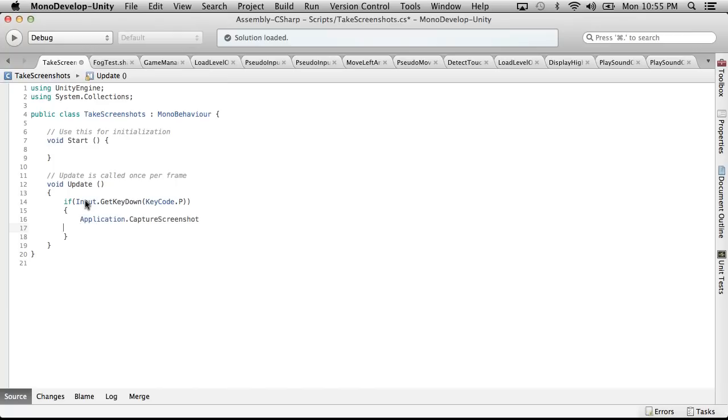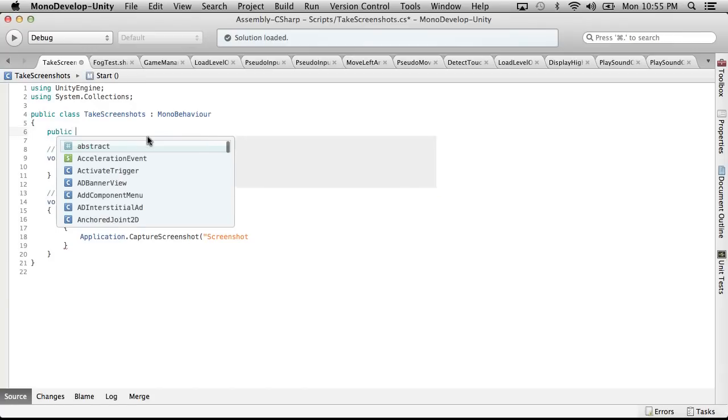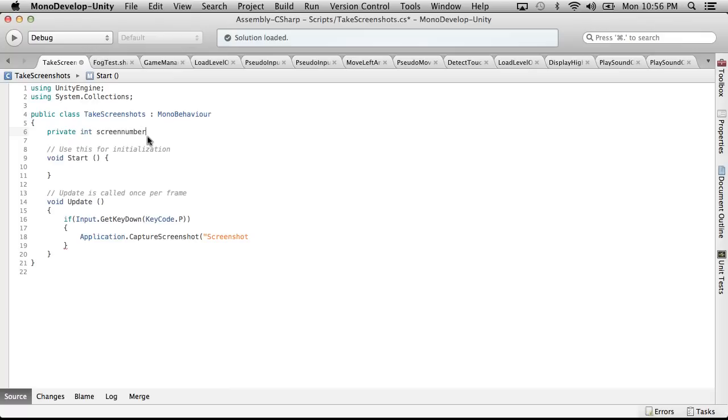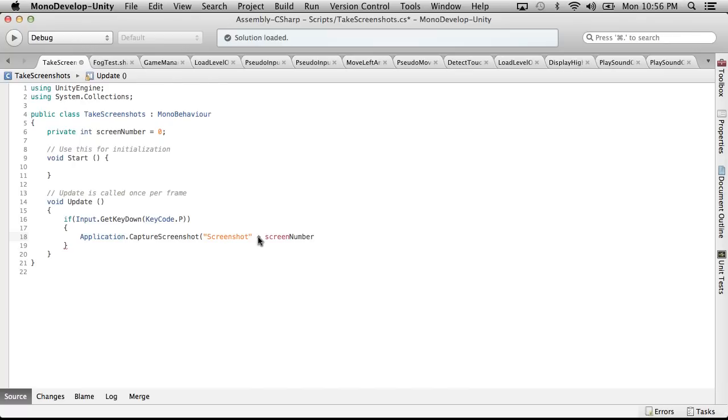So we're going to do application.capture screenshot, and the file name will be screenshot. And actually, let's make it so that we can capture more than one screenshot in a single session. So we're going to do private int screen number equals 0. And hit save. So we're going to do screenshot plus screen number dot toString,